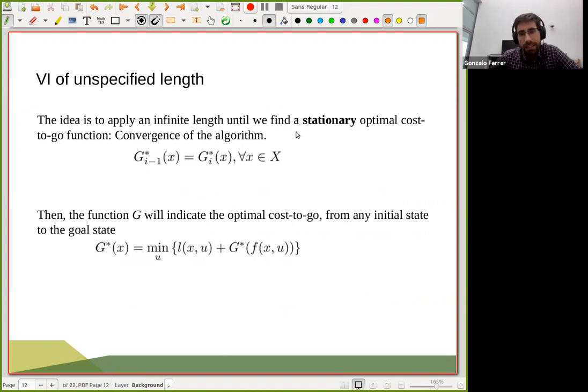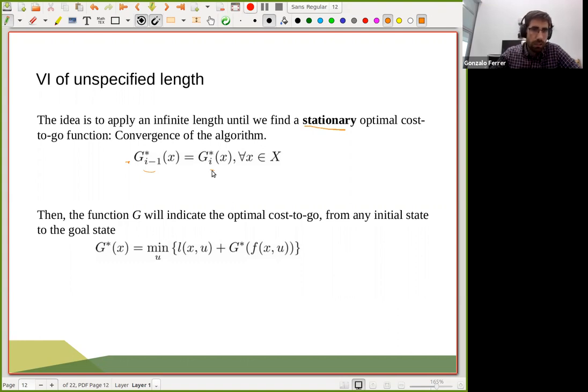So what is the idea of doing this? The idea is that if we apply this trick, then the optimal cost-to-go function becomes stationary. Basically, it converges into some solution that doesn't change regardless of how many iterations you add, right? And this kind of property is really desirable. A little more formally, regardless of the iteration, the cost is going to be the same for all states. Sometimes it's hard to define what convergence is. Maybe only one node changes, right? But still, according to this definition, you haven't really converged.